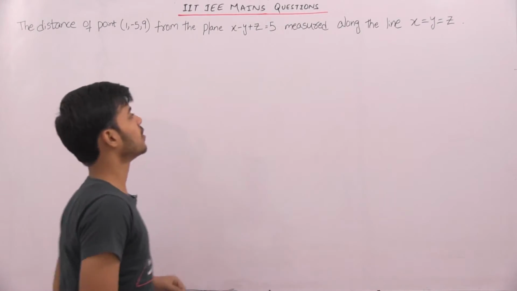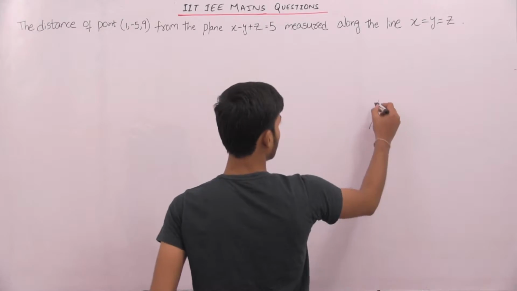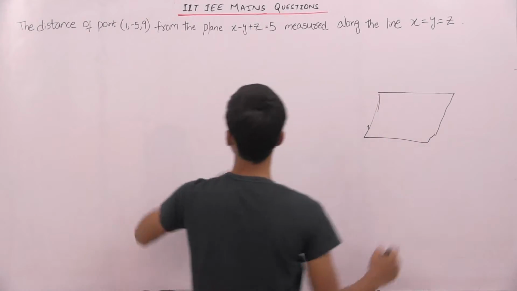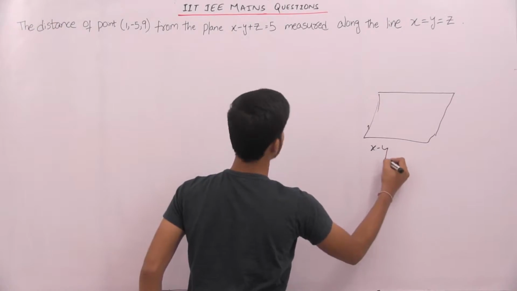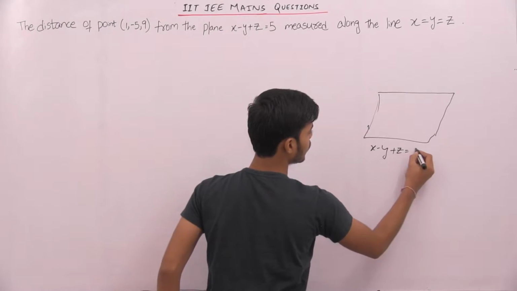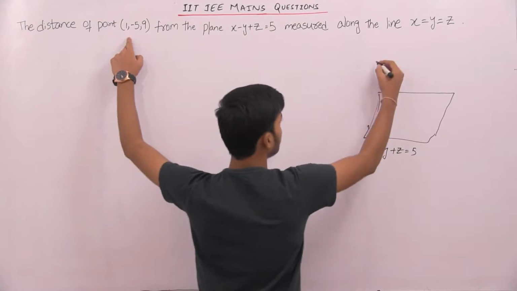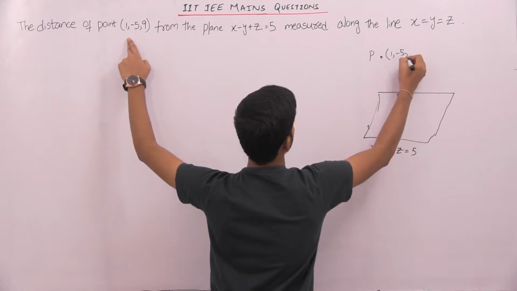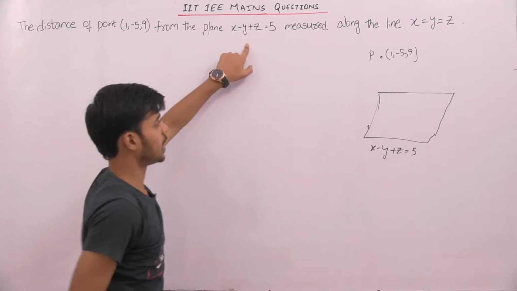So first let's imagine it. Let's start by imagining a plane. This is the given plane. Let it be x minus y plus z is equal to 5, and we also have a point. Let's assume it to be P, and it's given that the distance of this point from the plane